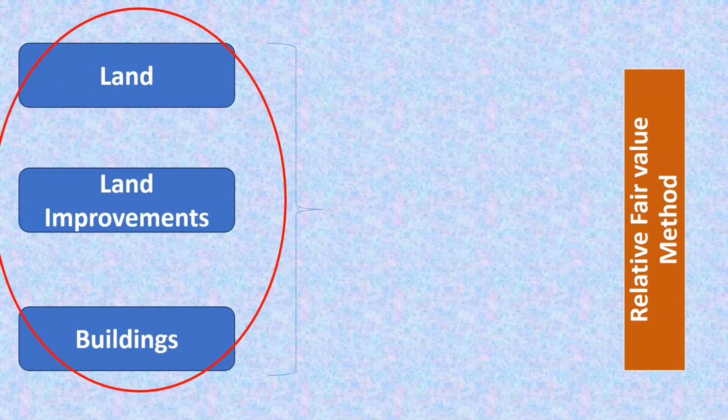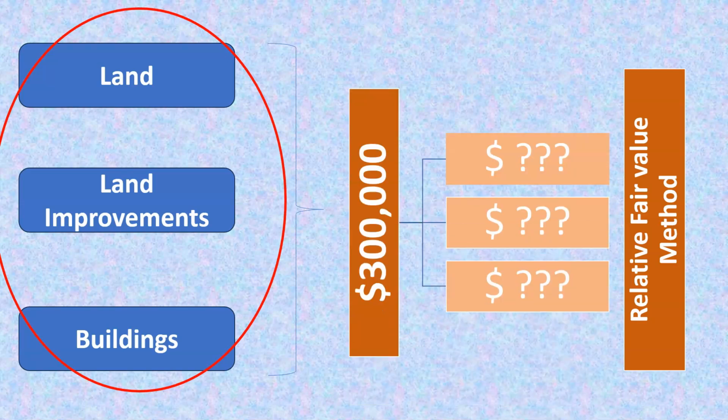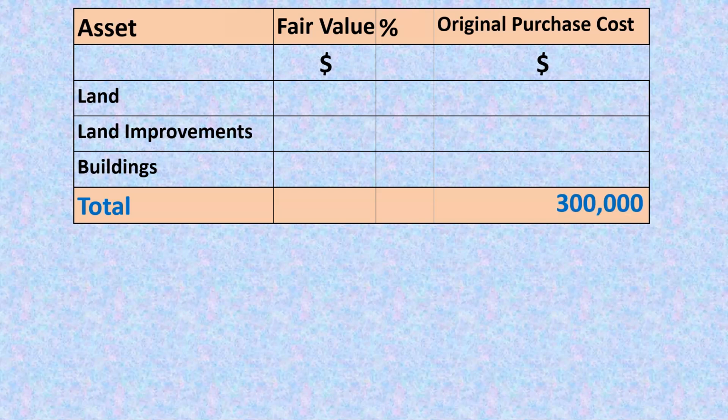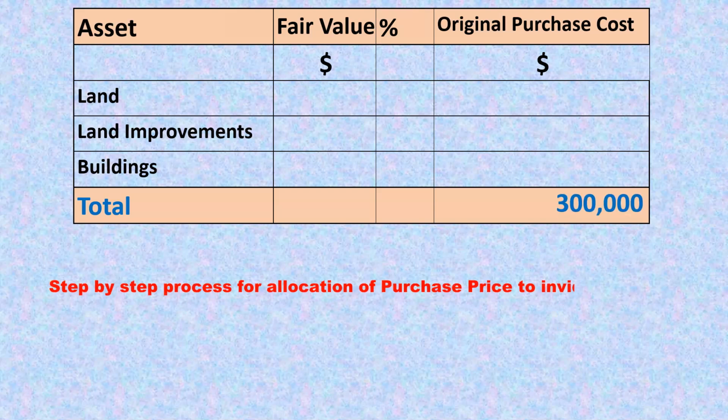The relative fair value method is a way of allocating the total cost of a group of assets among the individual assets based on their fair values. Let us assume our company purchased assets involving land, improvements, and building for the lump sum purchase price of $300,000. A step-by-step process of using relative fair value method for allocation of purchase price to the individual assets will be: